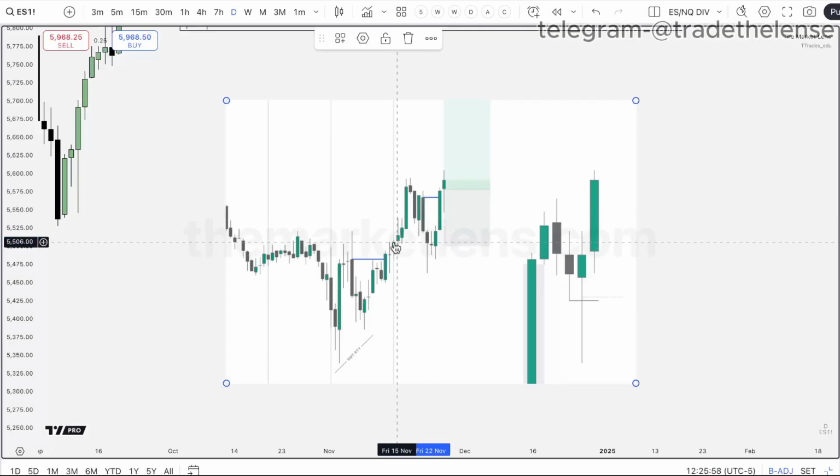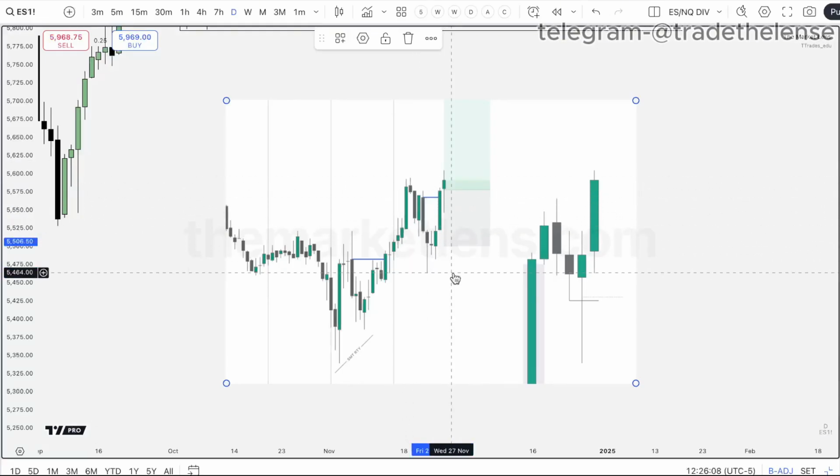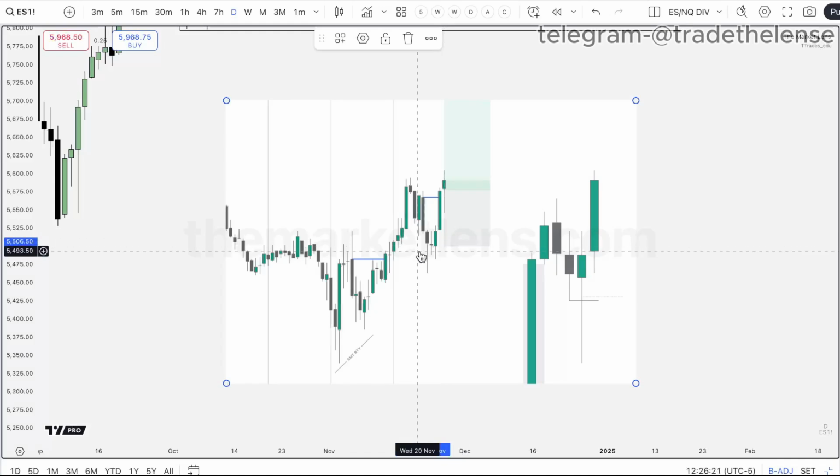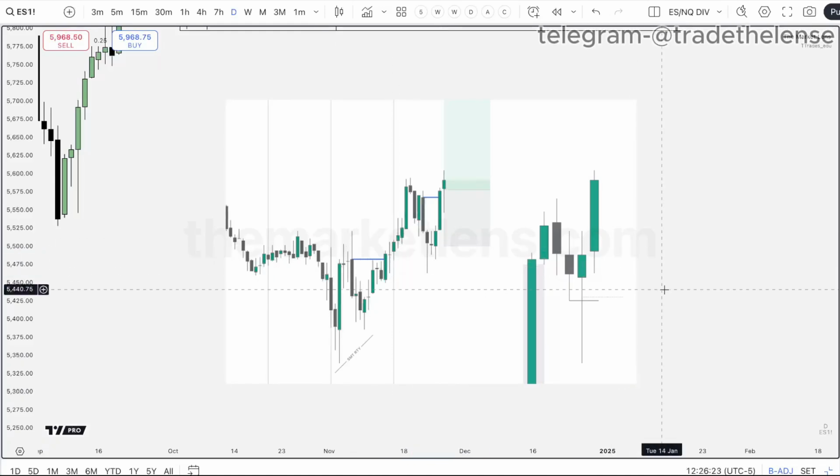Because right here, I can take a look at the closure. I can take a look at the closure. I can take a look at the closure. I'm not trying to make decisions when I see price oscillating in between, right? Because the candle hasn't formed yet. So I would say just practice that, and then kind of what I went over there, where you're focused on entering around the opening price, early into the candle, and really you're asking yourself, has the wick of this candle formed? That's what I would do.